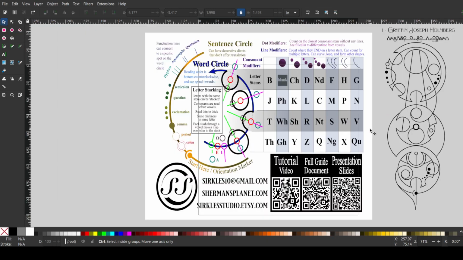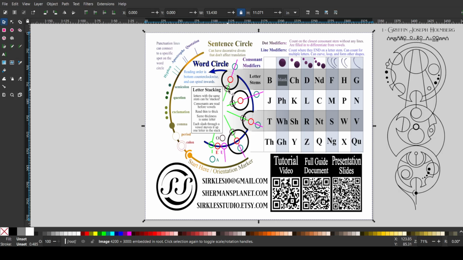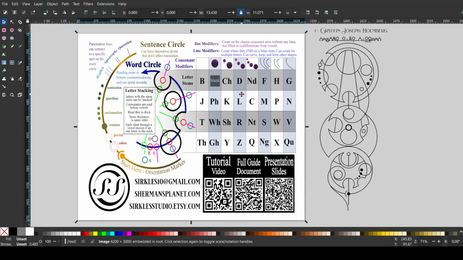It was done using this script, which uses a combination of these 4 different letter stems in conjunction with either dot or line modifiers to make the consonants, and then vowels are smaller circles, and they have different positions depending on what consonant they're attached to and what vowel they are and all that jazz. Vowels are pretty tricky. I'll get to them when I get to them in the design, and they make more